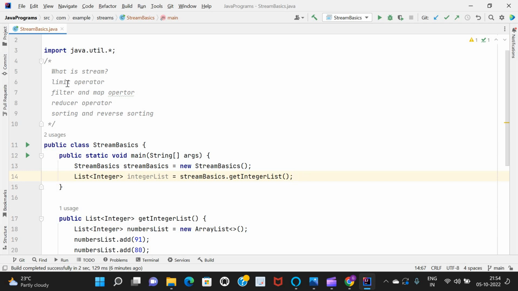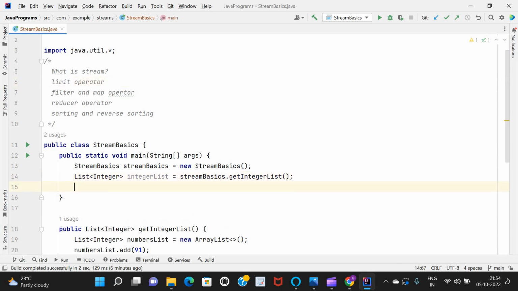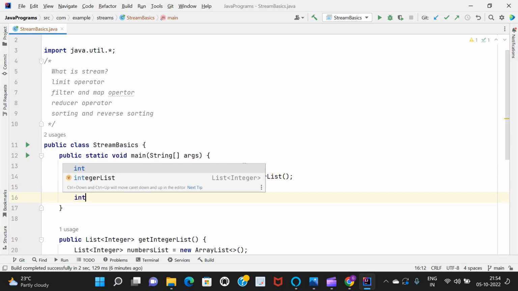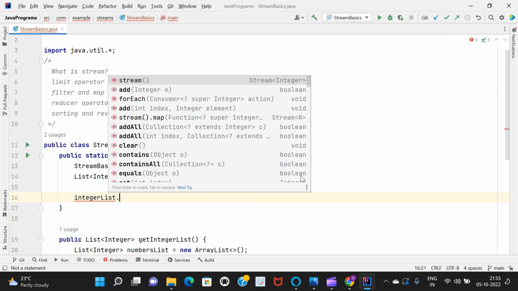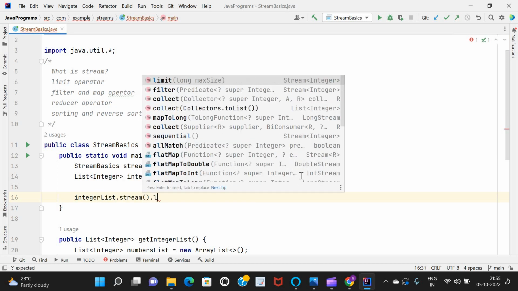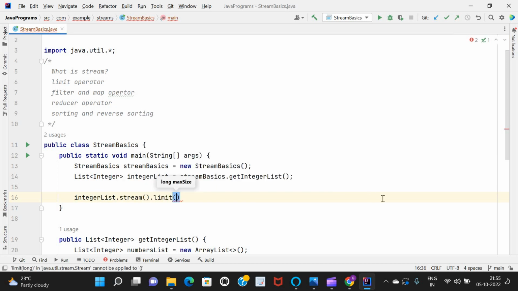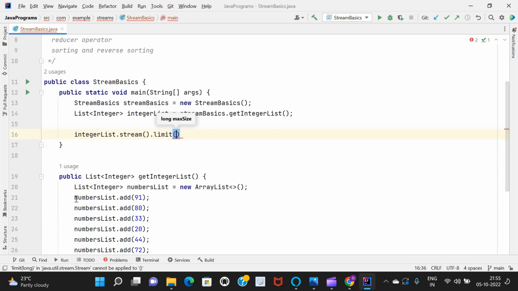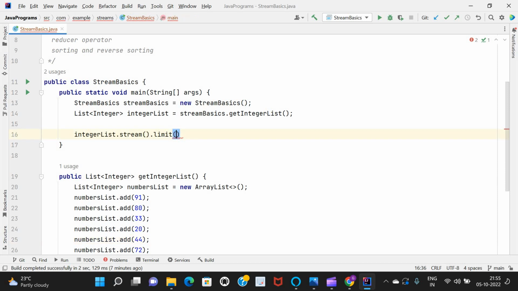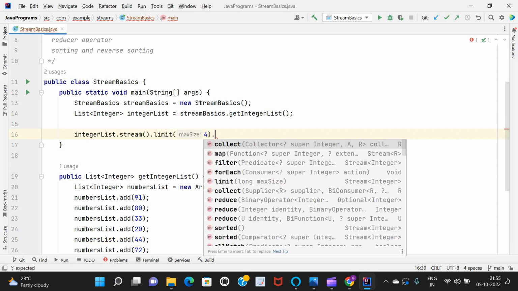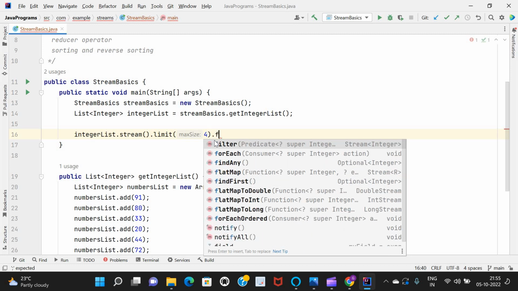First I will start with the limit operator. Here, integer list stream dot limit. I just want to take the first four elements of the list. And if I want to print the first four elements from the list, we have to use for each,